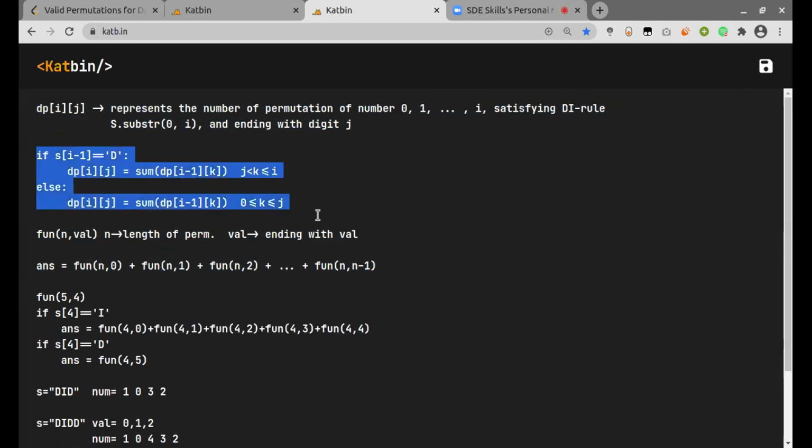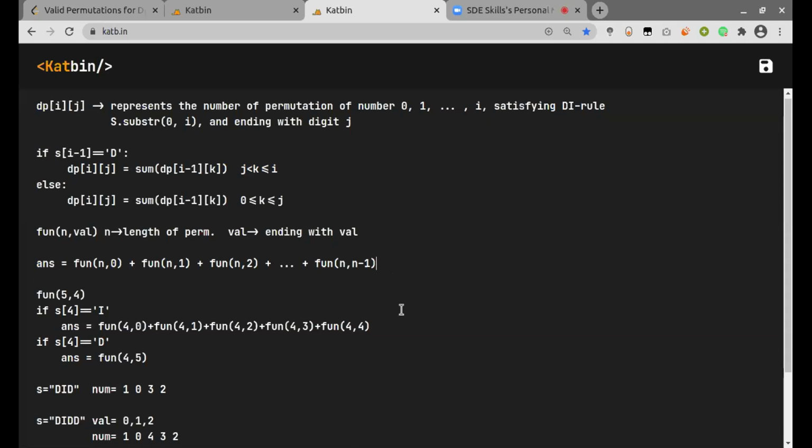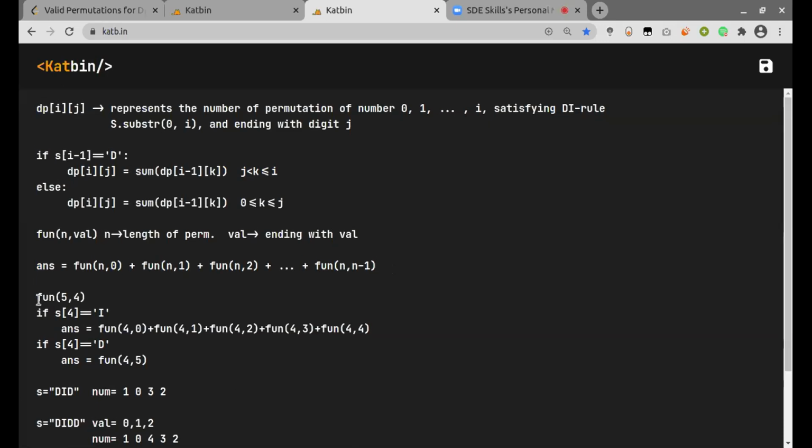So this can be done either recursively or iteratively. But since I do most of the questions recursively, I did it recursively only. The concept is the same.